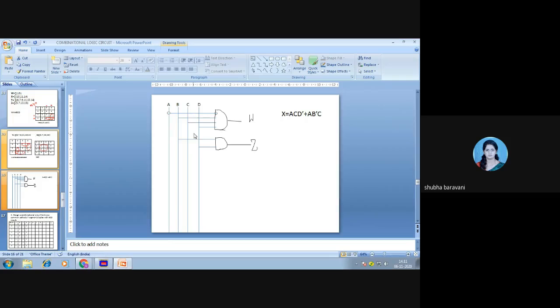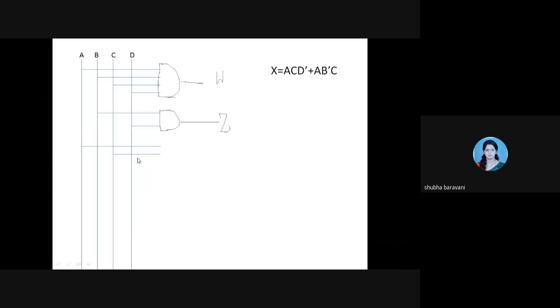A I'll take, C I'll take, and for D, I want D bar, so I'll take a NOT gate here.